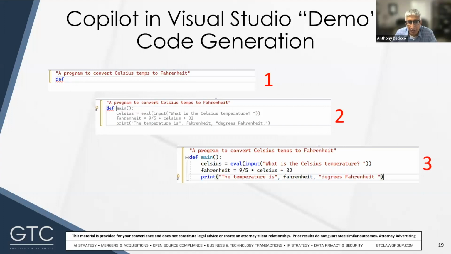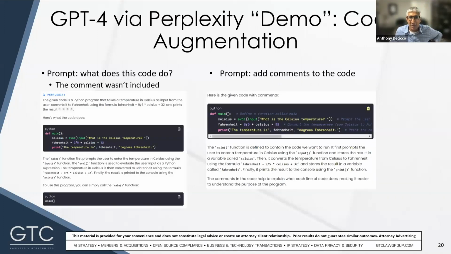be good to show you all how GPT-4 could be used for code augmentation. So jumping to the next slide, we accessed GPT-4 through Perplexity. It's an interactive AI search companion that leverages GPT-4. On the left, you can see we first had the prompt to ask what the code does. So we pasted the code in, but we didn't copy the comment we had on the top saying it was to generate code from Celsius to Fahrenheit, since that would be too easy for the tool to do.